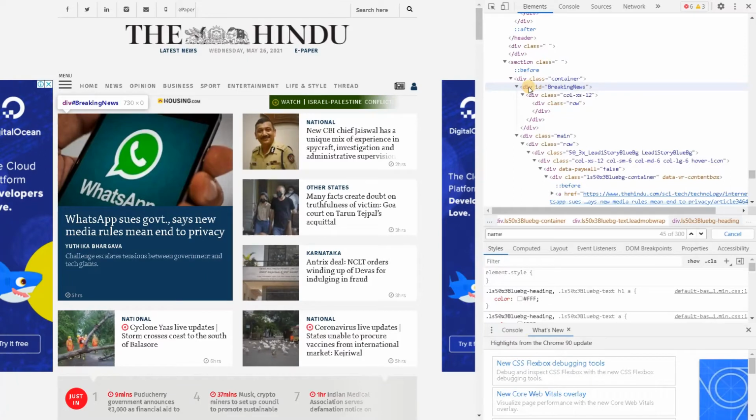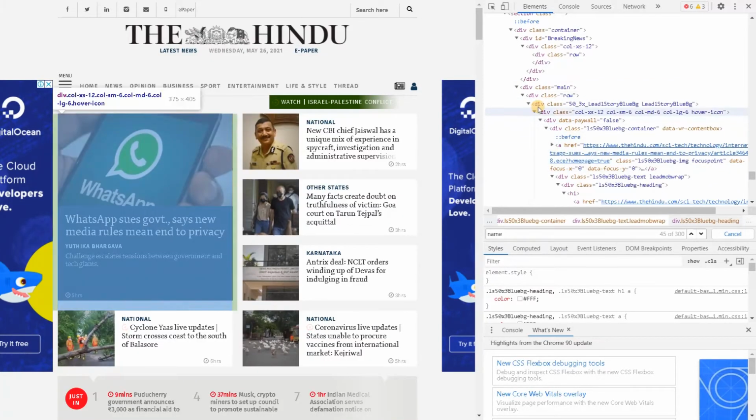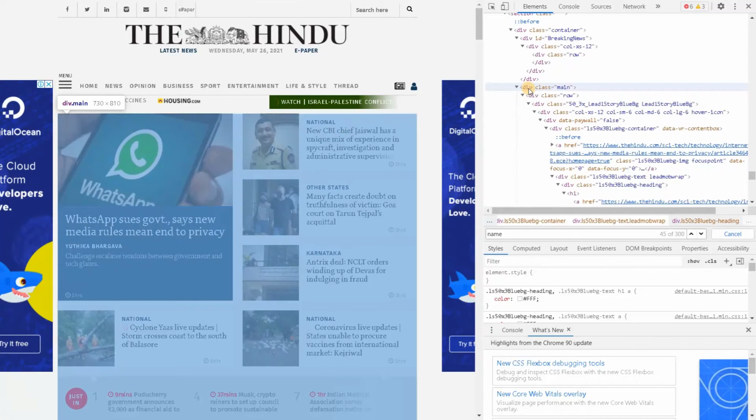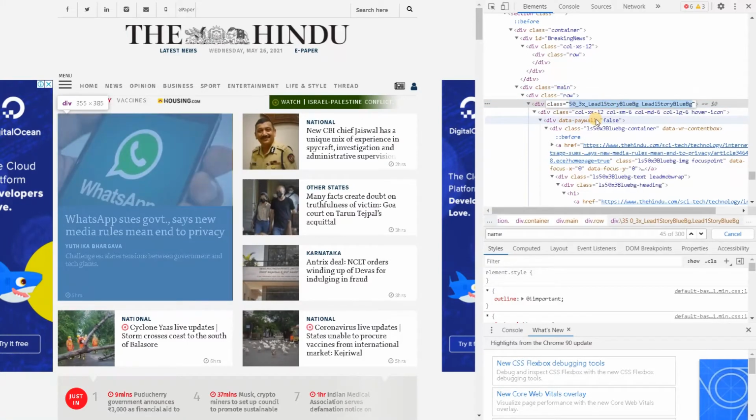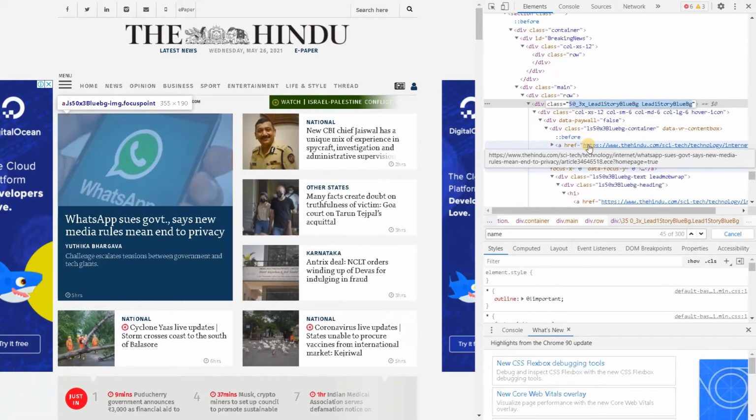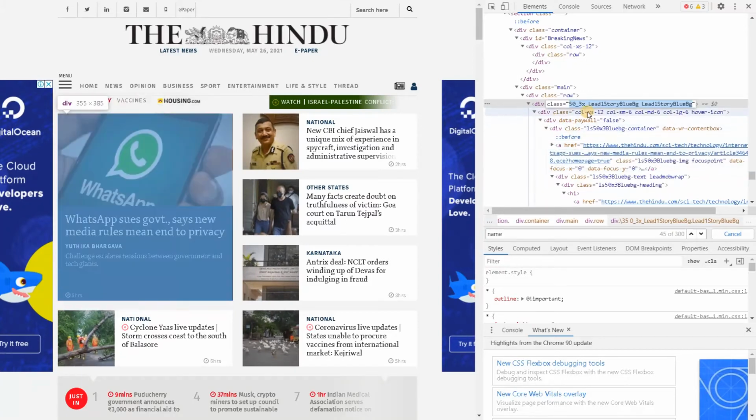You can go from parent to child and get the corresponding tags. You can also combine them, like under the div tag, get the class with this name. Like that, you can go with a combination of those techniques to get the tags. That will be more robust, more flexible, and easy for you to get the elements.